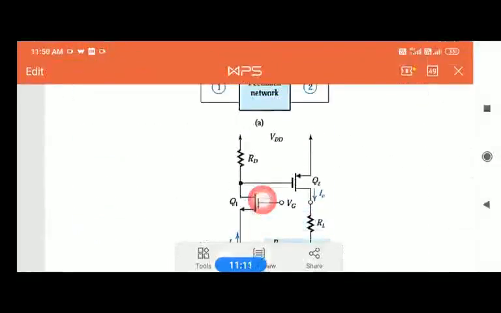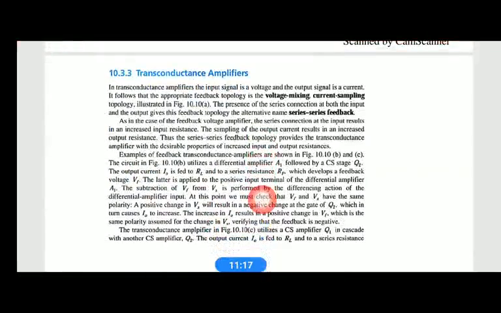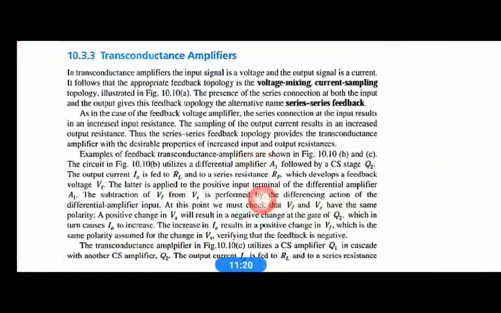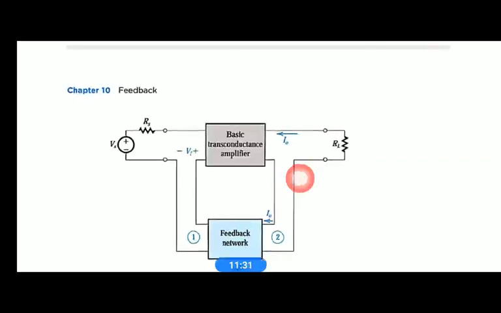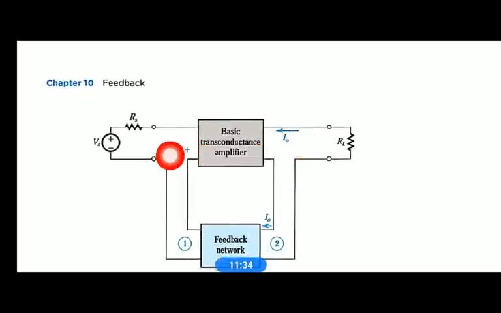Understood, right? So this is about a current amplifier, right? We'll go for the next, the transconductance amplifier. In the transconductance amplifier, we are applying input as a voltage and we are taking output as a current, right? So you can see that here gain is current divided by voltage. Current divided by voltage is transconductance, conductance it is. So therefore we can say that this is a transconductance amplifier, transferring the conductance, right, because the output is current, input is voltage.